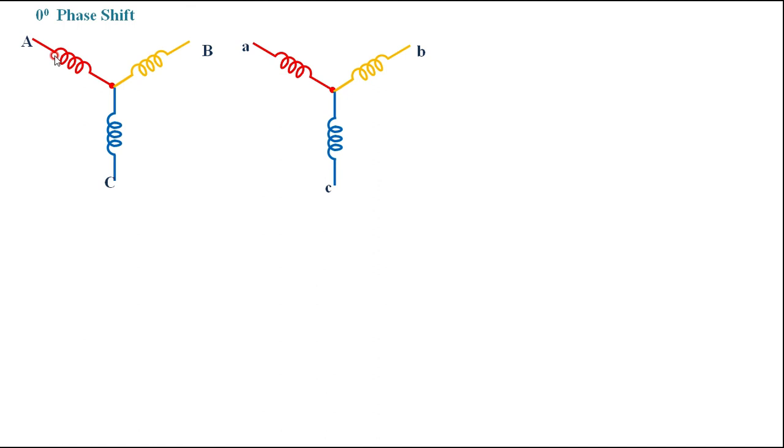Means there is no phase displacement between the primary and the secondary. Therefore, it is called a zero phase shift connection. Suppose you are drawing the vector diagram for this,